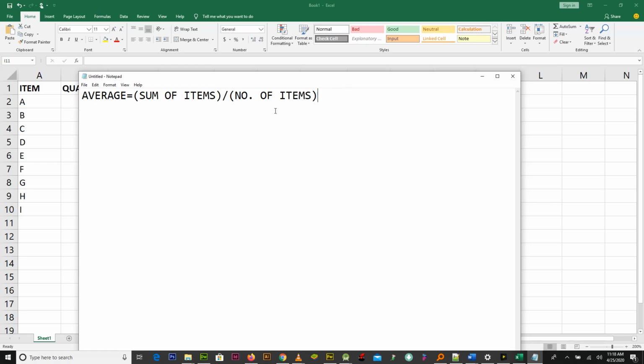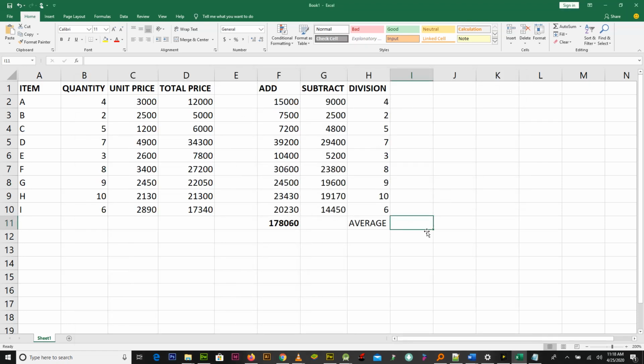So in Excel, we will look at average as a sum of items over the number of items. You can use the formulas that you still remember, that you studied in A level at campus. So you come and you say equal to sum of this, sum of this is this